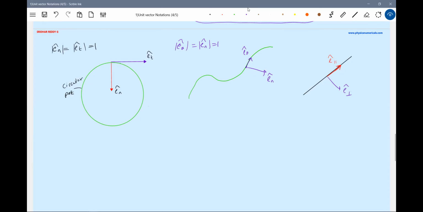It need not only be perpendicular. If there is a curve, you can also resolve along it. If this is the unit vector along this direction, e_parallel cap, you can call it e dash, or just e or e_theta. Look at that angle; it is not perpendicular. It can be anything. So in whichever directions you want, you can bring in unit vectors.